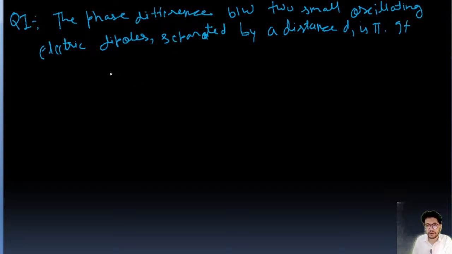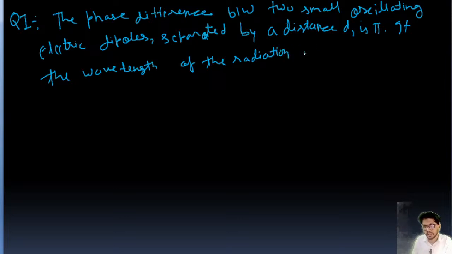If the wavelength of the radiation is lambda, the condition for constructive interference